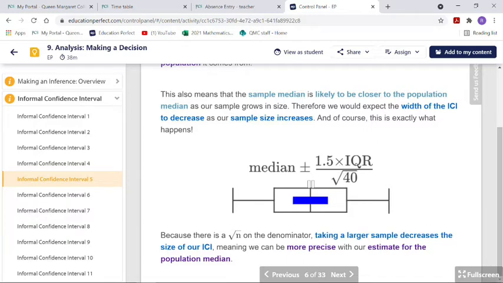Which means that it'll narrow down. The bigger the sample, the more compact that range will be for your estimate. Okay? Meaning it'll be more precise. Right? Because you could just say, well, there's a range of this, huge range. Yeah, you're telling the truth, but the more you can narrow it down, the better. And the way to narrow it down is use a bigger sample size.